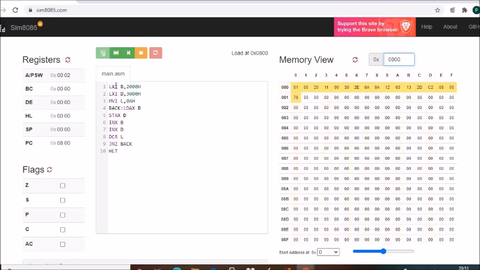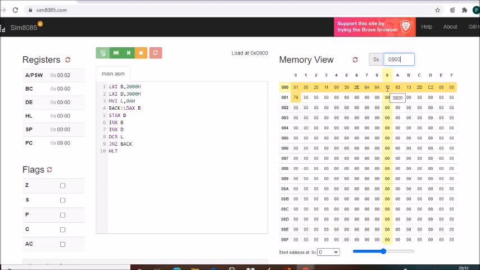01 is the opcode for LXI B, then 00 is the lower byte, 20 is the higher byte. Then LXI D, 11 is the opcode, 00 is the lower byte, and 30 is the higher byte. Then 2E is the opcode for MVI L, 0A is the operand.